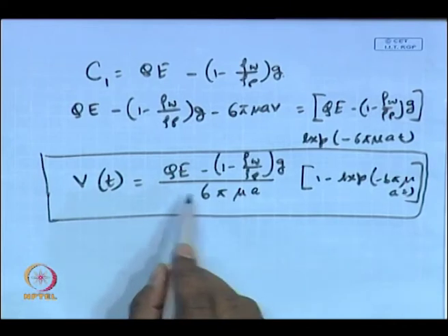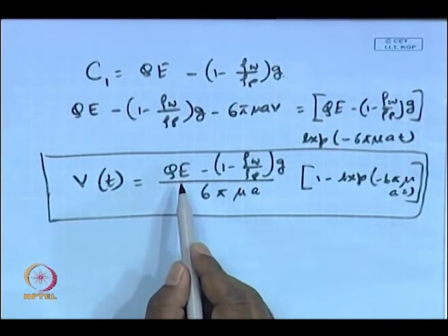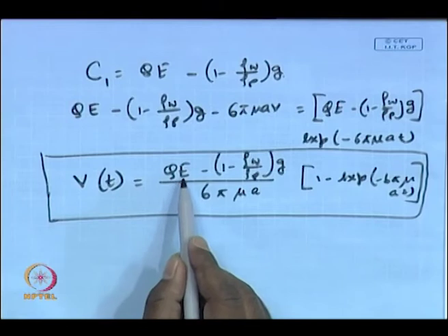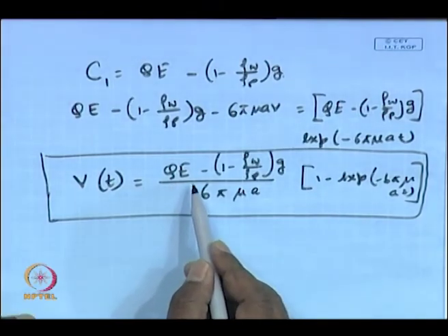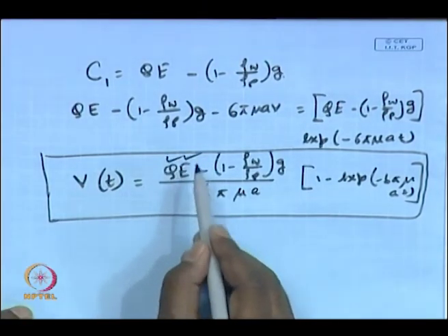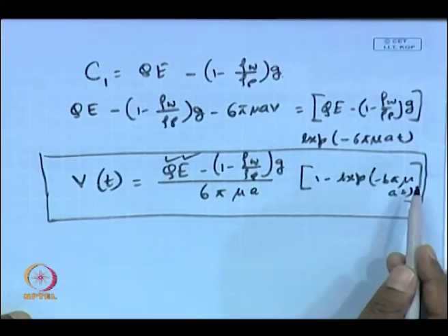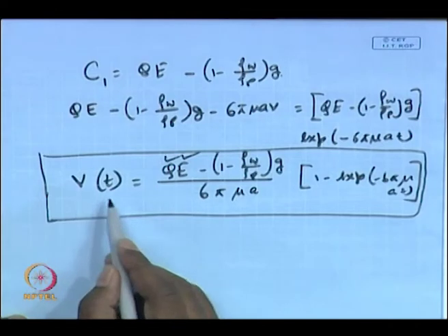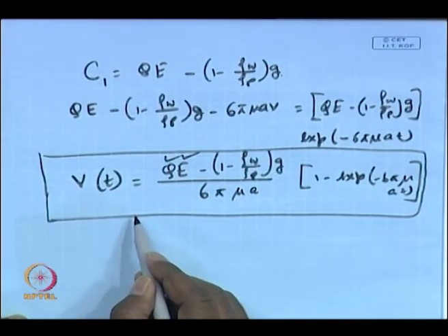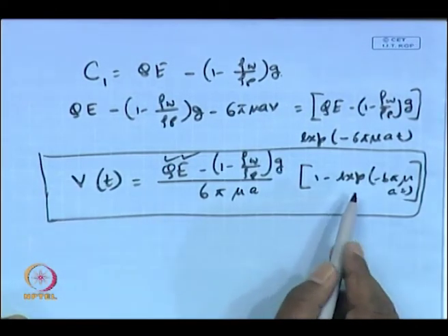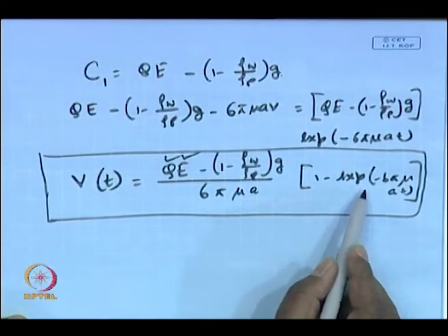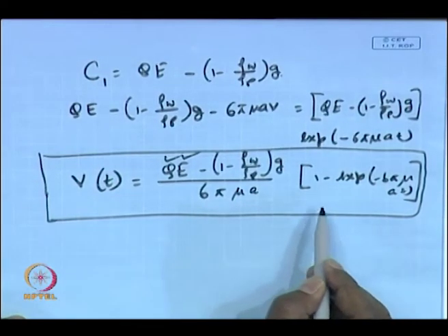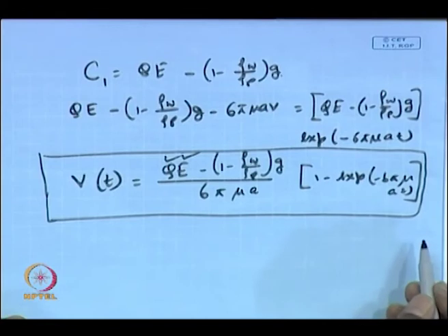Now, on the right hand side everything will be known, because Q minimum we have found out from part 1. So, in this case E will be twice of that. So, that value will be known. Q we have known from the expression that we have already discussed. All the other parameters are known to you. So, you can find out how velocity is varying as a function of time, and you will see that it will be varying as an exponential term. If you plot v versus t, it will vary as an exponential term.